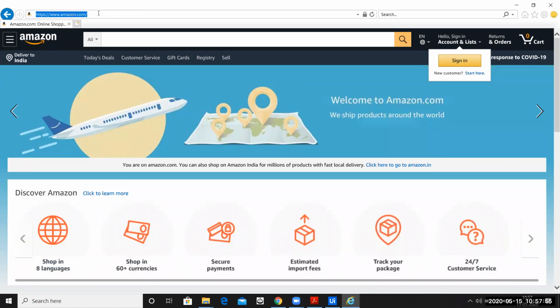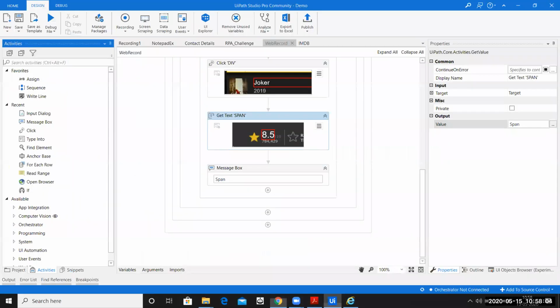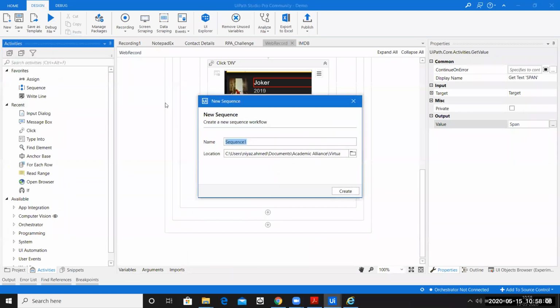Okay, so let me just copy this URL because I will be needing this URL. Okay, so let me just create a new sequence. Let me name it as